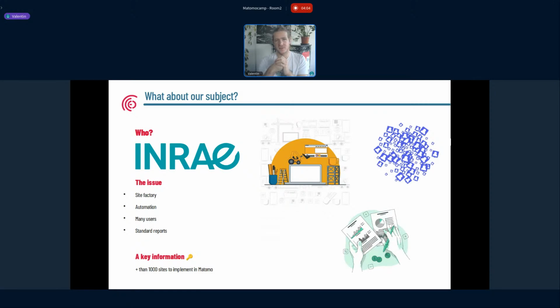There is already one site factory that allows them to create many websites for their subsidiary. That means when one new project is created in their company, they can create a website to allow people to get information on it. So they wanted to be able to create some automation from creation of the website to get the tag in Matomo.